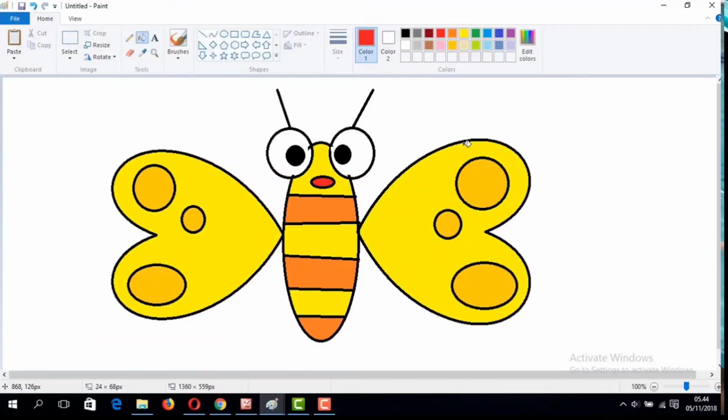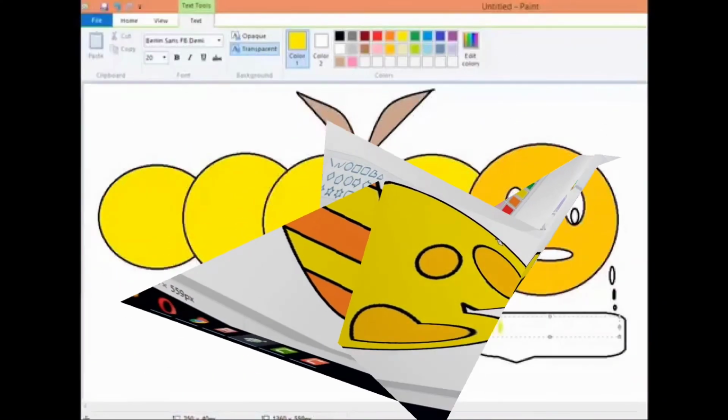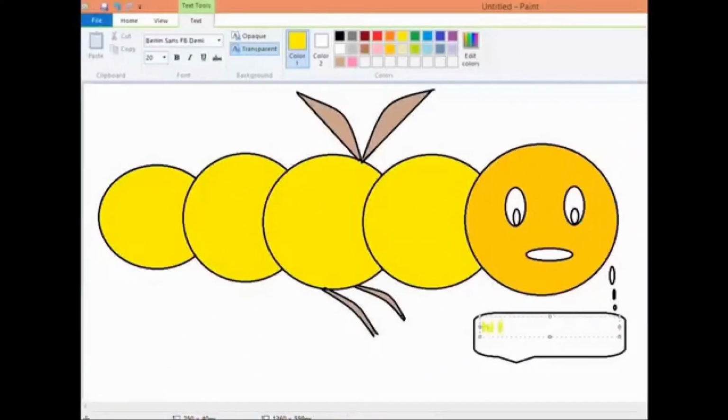Okay, now I am showing you the next drawing. Now see the next drawing. Only circles and different line tools. Isn't it nice? And you can see it is also saying something. Now I am showing you a beautiful drawing that is made of only the pencil tool and different colors.